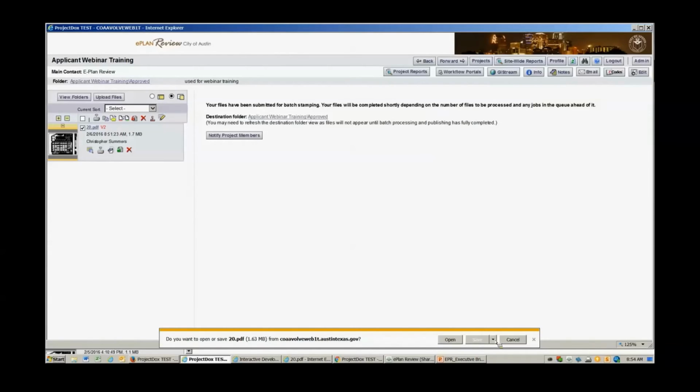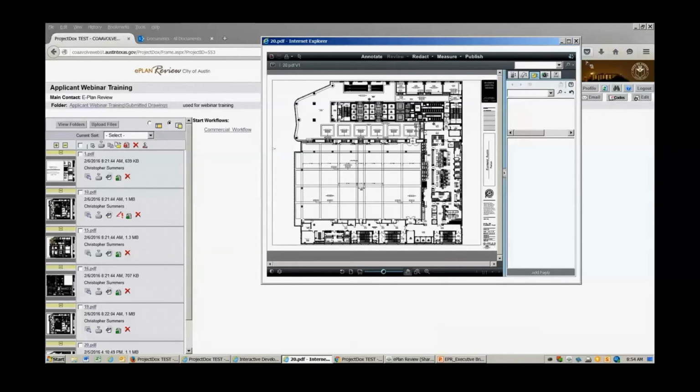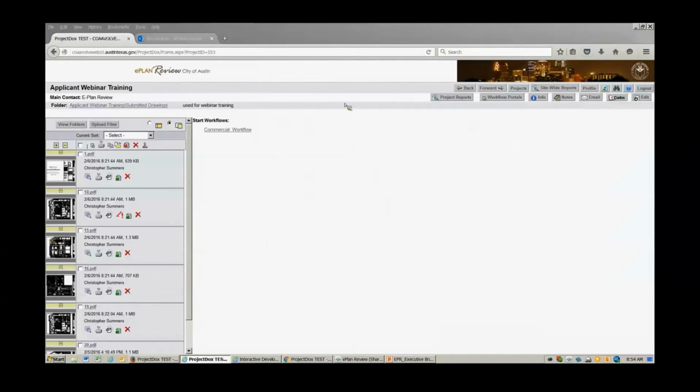I know it was a lot of information. It was really fast. But again, I will mention that we do have a lot of resources that are going to be available to you on the Austin Build and Connect portal. So you can go there and you can download the applicant training handbook. You can download the overview of the discipline names and the abbreviations for those disciplines. They're fairly intuitive, so it should be obvious. And then you can also download the list of the National CAD Standard Naming Conventions